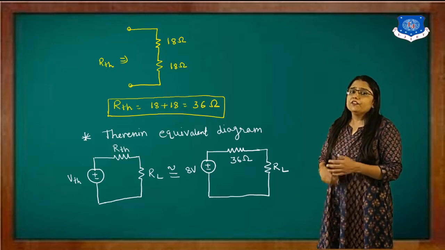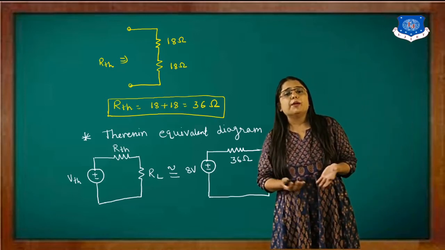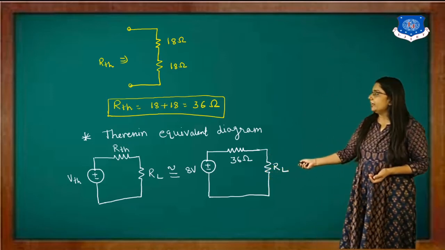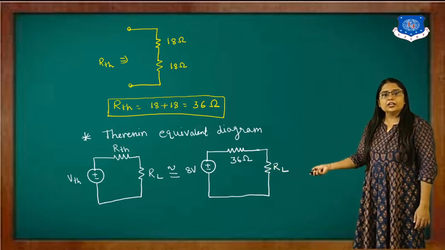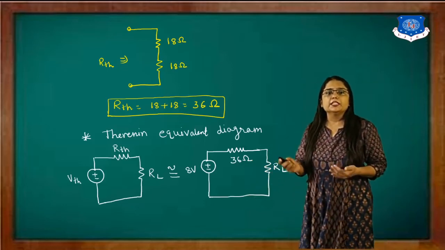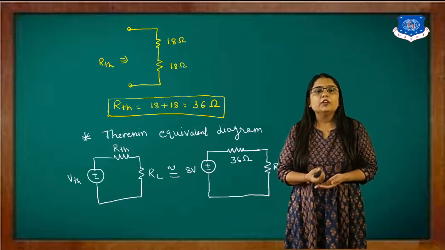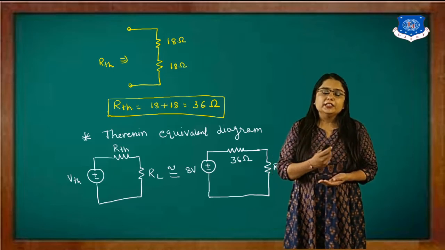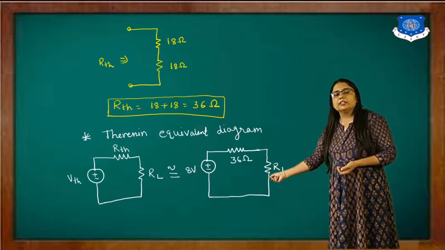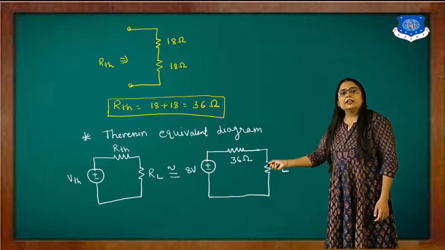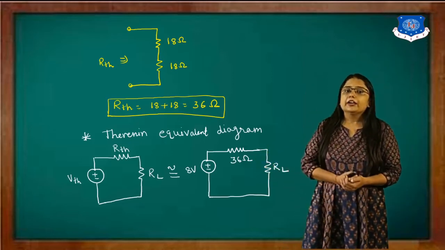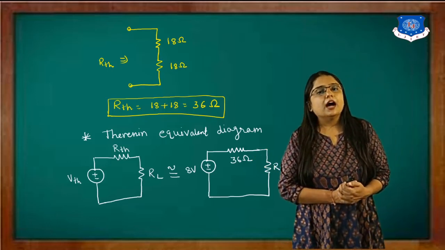Okay, RL. If some value is given to you, for example RL equal to 5 ohm, then you can easily substitute RL equal to 5, and the current I will become 8 divided by 36 plus 5, so you easily get the value of current. But in this particular example, instead of a value, just the load resistance RL is given. So this is the Thevenin equivalent circuit across the load resistance RL.